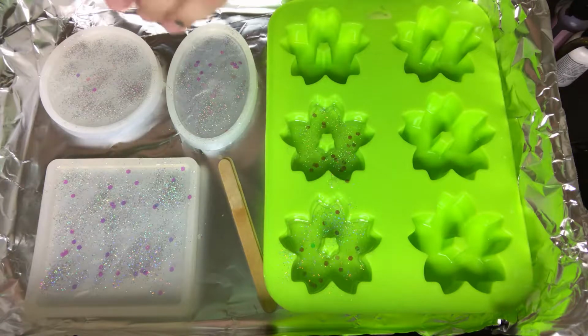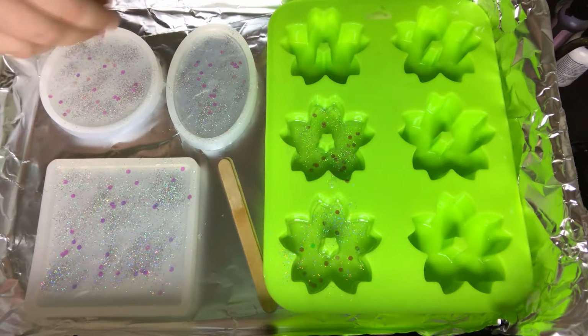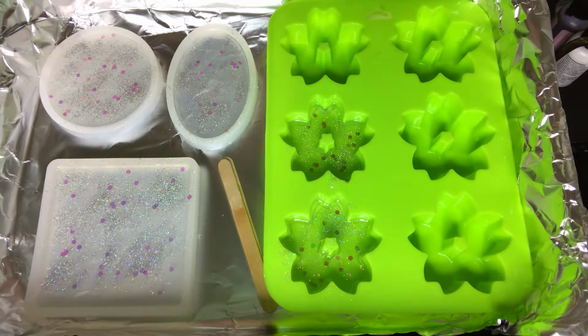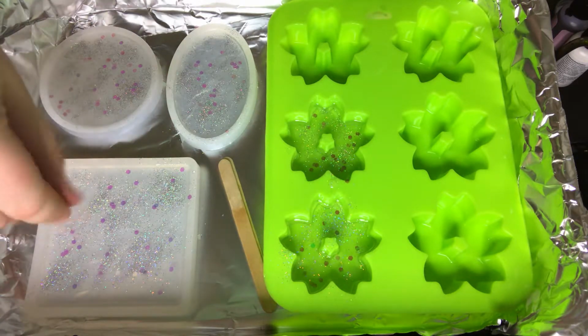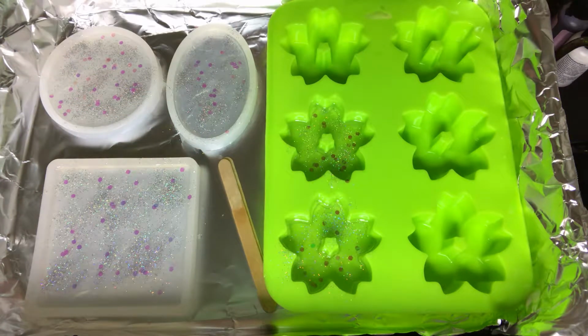Because I absolutely, to me, when I think of alien, I want to be an alien covered in glitter. Obviously, I don't want it to be uncomfortable, but if it was embedded in my skin, I would live for it. Obviously, it'd be blinding in the sun, but